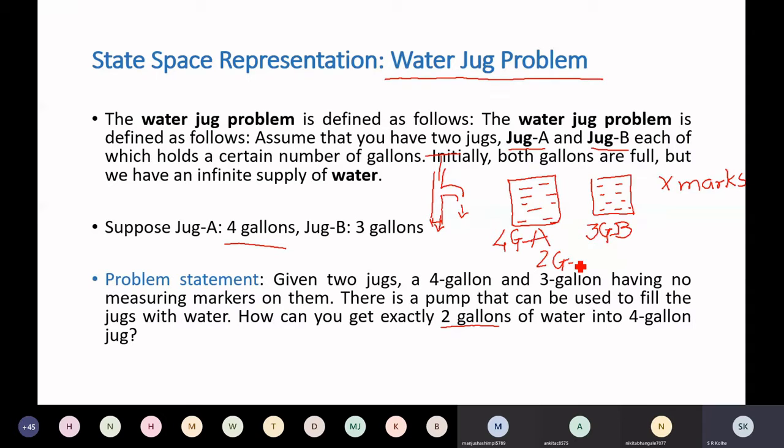But our job here is to represent this problem in a computer-representable form so that we can write a computer program, and then find multiple solutions for this problem by executing that program. So how to solve this problem on a computer is our job, and right now we are interested in how to define the state space representation for this problem so that you can write a program. Understood what the problem is?